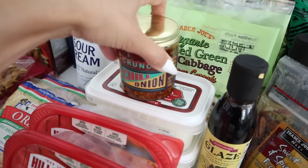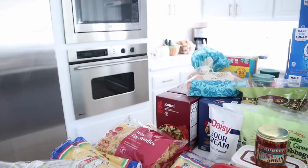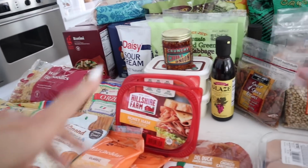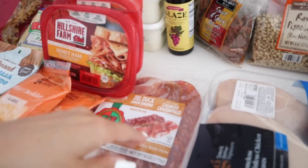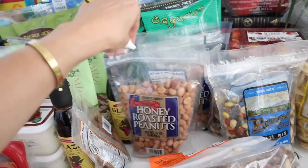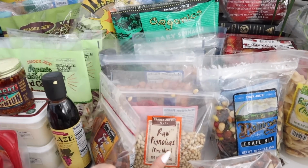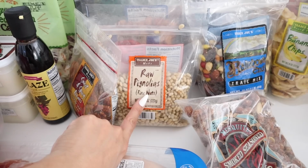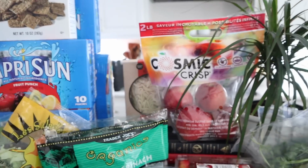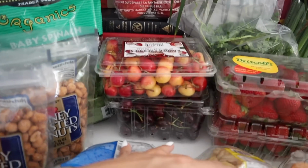I got some burrata. We're going to be making some amazing baked or roasted tomato garlic sandwich with some spicy Spanish charcuterie. And then I needed to stock up on a bunch of seasoned nuts for the pantry, just for grab and go snacks. And then I wanted to do some pine nuts because we're going to be making some pesto with all the basil we have. I'm going to be doing a really good udon noodle recipe. I got some extra. We have apples. I got a bunch of cherries,